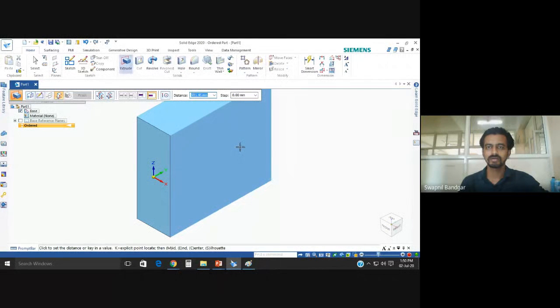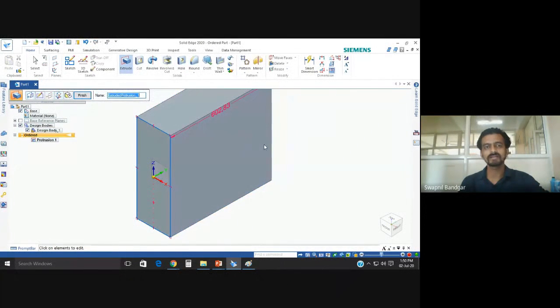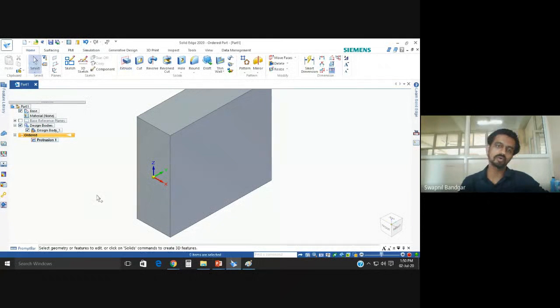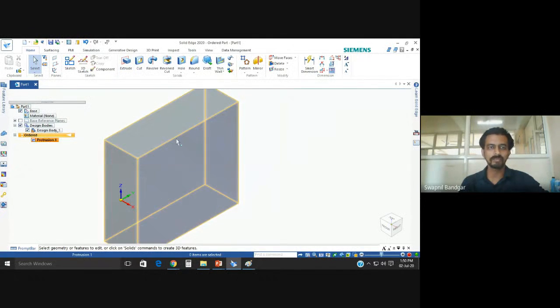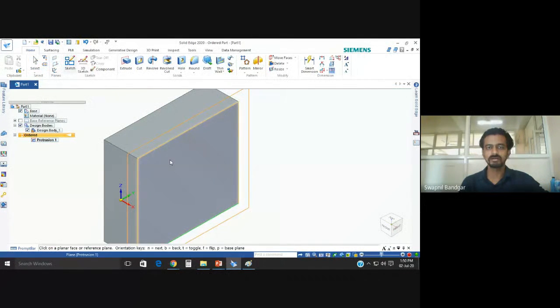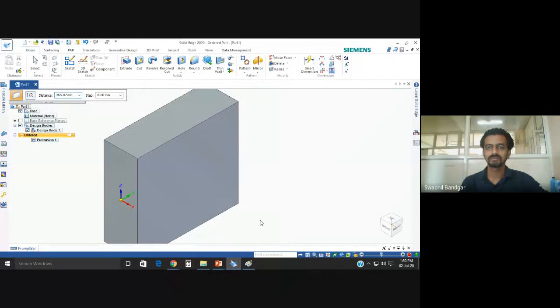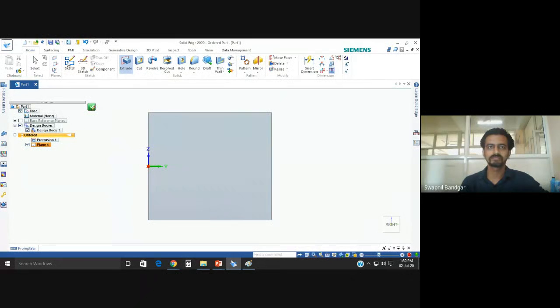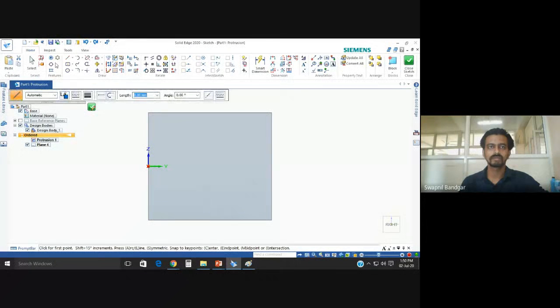Okay, this is one part in your product, in your assembly, your model, and there is also a next part, which will be maybe the same.